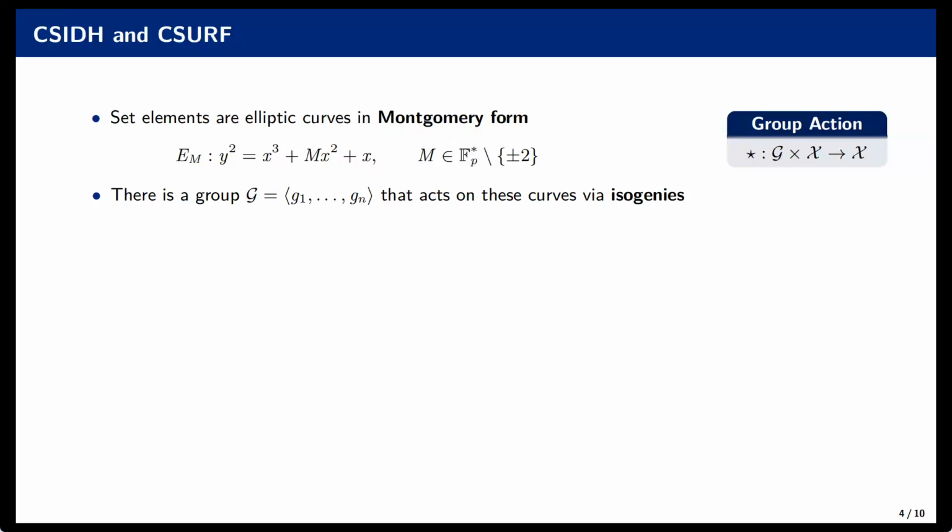Now, what about the group? Well, the group I actually don't want to introduce. Let me just tell you that there is an actual group, the ideal class group. And the only thing that we need to know is that this group is generated by generators, g1 to gn. And these essentially represent isogenies. What we think is that each of these generators takes one elliptic curve